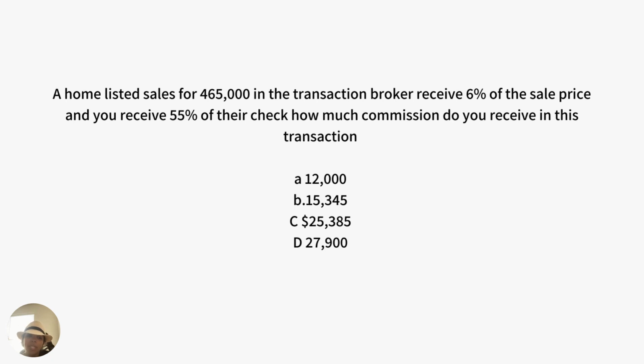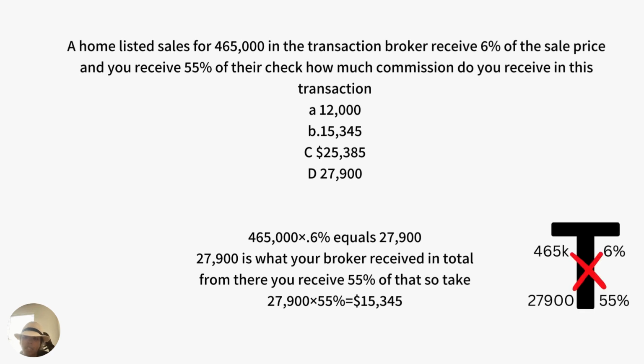A home is listed and sells for $465,000. The transaction broker receives 6% of the sale price and you receive 55% of their check. How much commission do you receive in this transaction? So a home was listed for sale for $465,000. The broker receives 6%, you receive 55%. What is the math? So the answer is